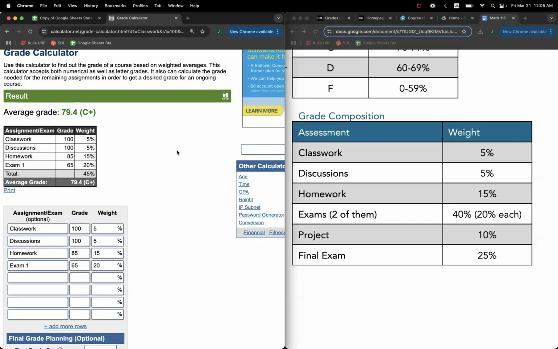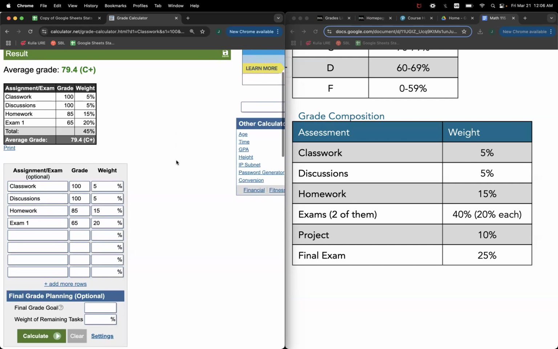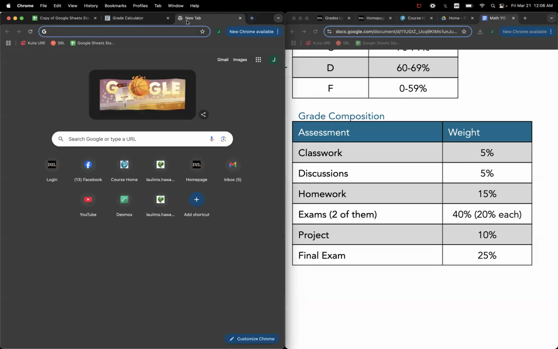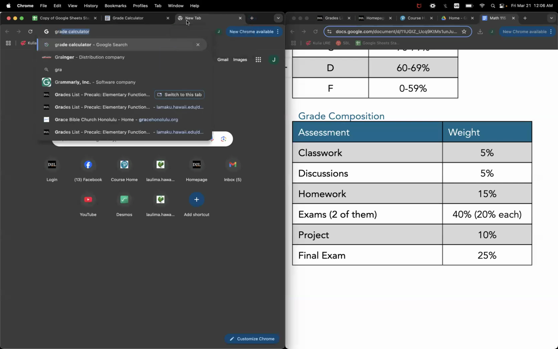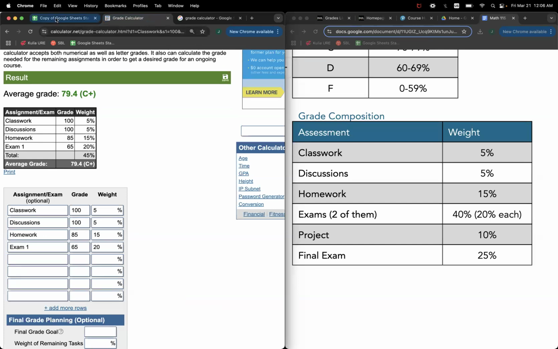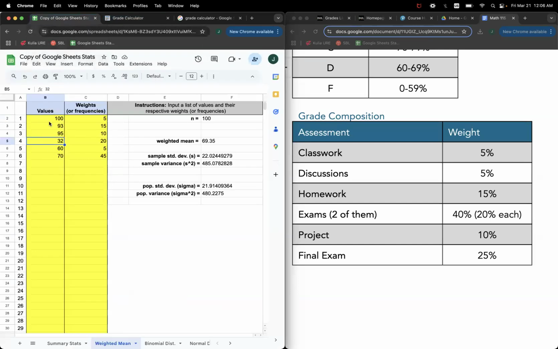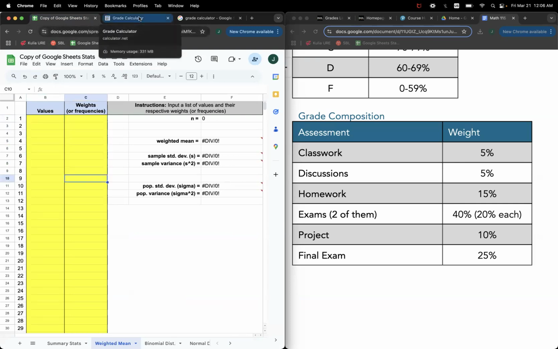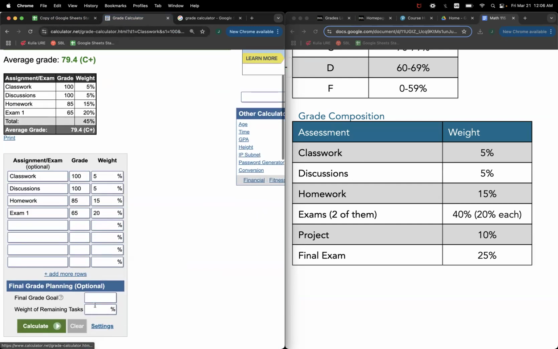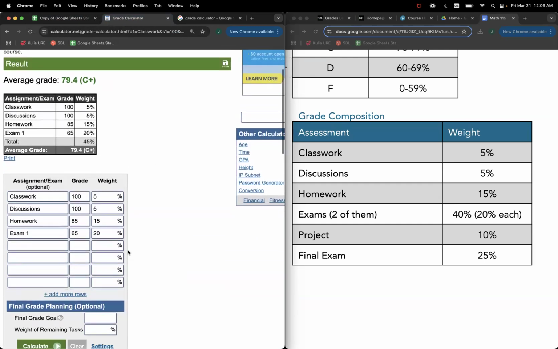Guys, this is a quick tutorial on how to project your grade, and this works for any of the classes that you're in. I just start by searching "grade calculator," which, by the way, is actually just the weighted mean. So if you want to, you could do the same thing on our weighted mean tab in our Google Sheet. But I'm going to use a grade calculator because it has a little added function that helps us to project